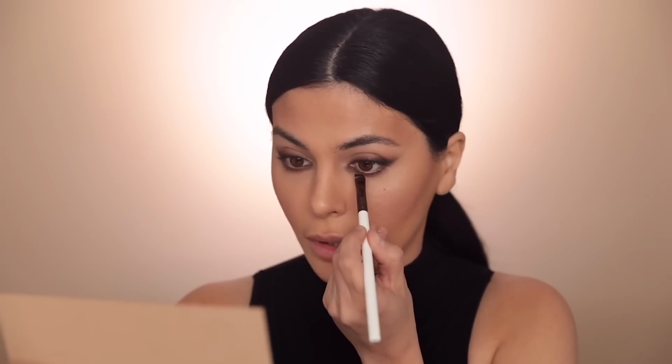The next step, I'm going to take the brown in the palette and, like I said, step by step, just darkening it up. Now for the black, I'm a little nervous to use the smudge brush because it is bigger than I want. So I'm actually going to use the liner brush to dip into that black shadow and get this as close to the lash line as possible,